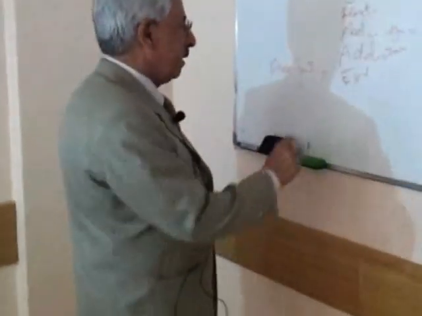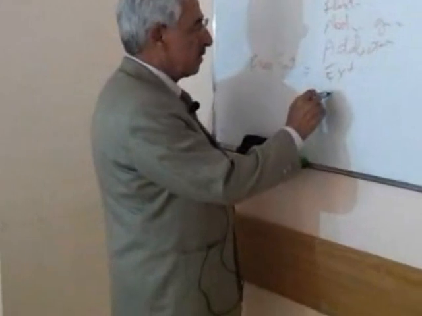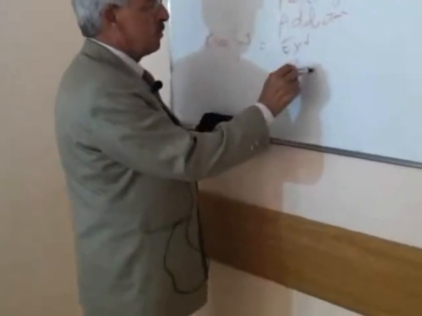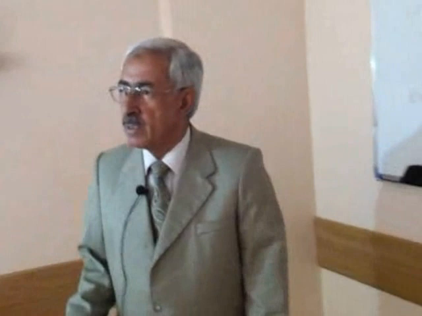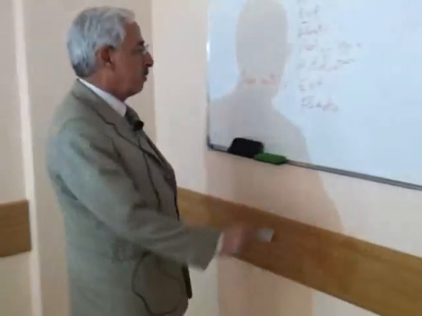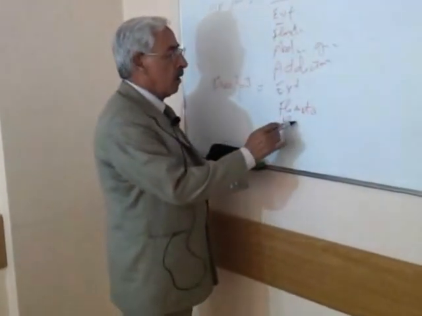And the other movement is the flexion, which is done by which muscles? The hamstring group. Do you know them? So many muscles collected together called the hamstring group